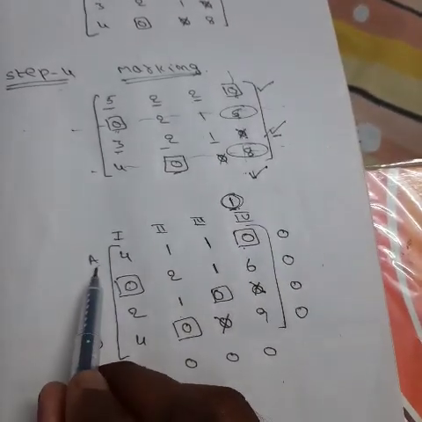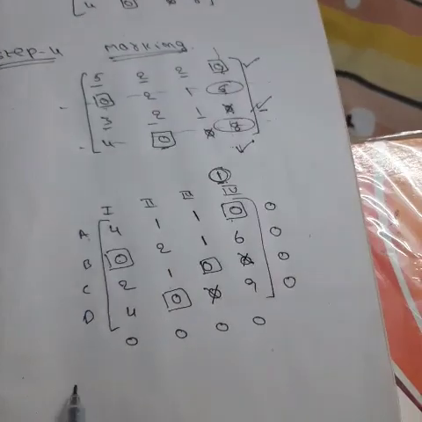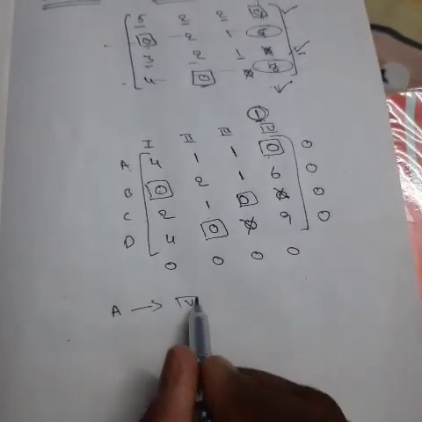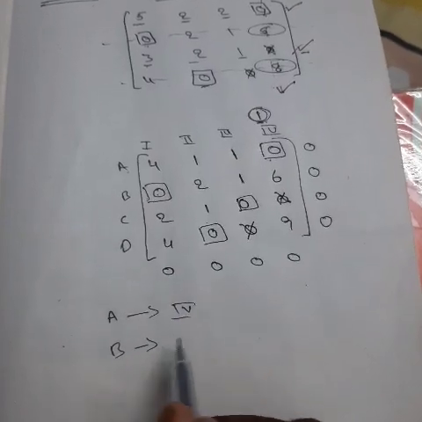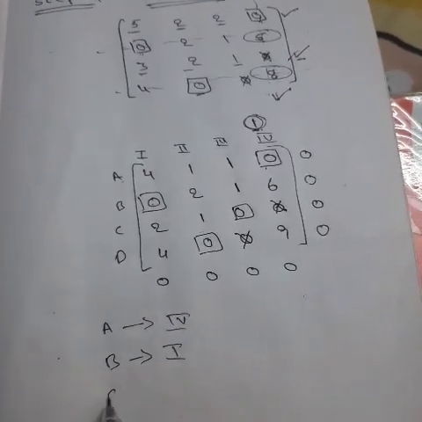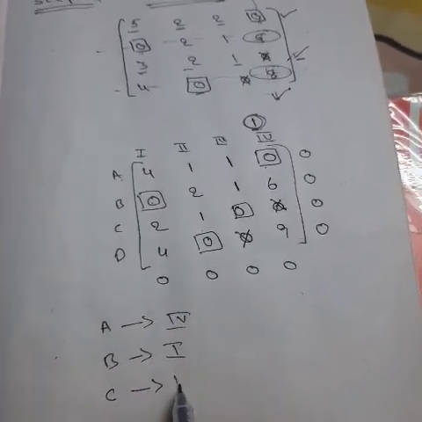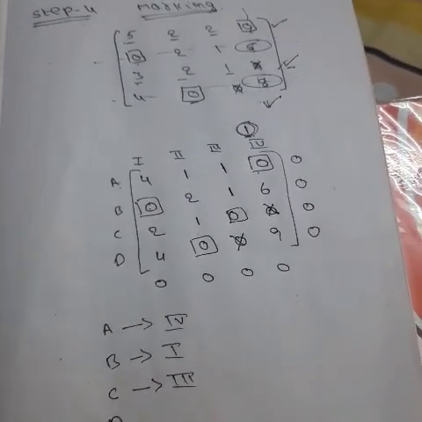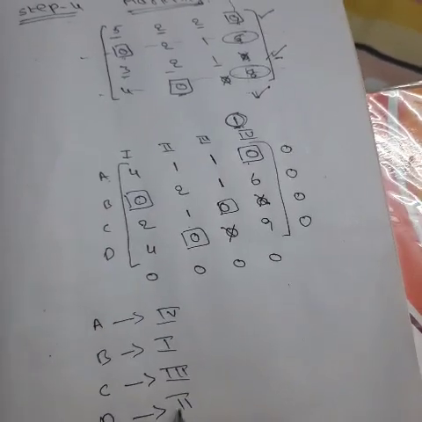So the first job is assigned to number 4. Second job is assigned to number 1. Third job is assigned to number 3. D tends to 2. So the original costs are,